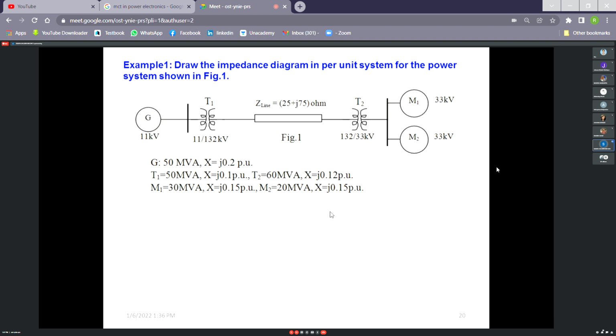We may take 100 MVA, which is none of these. We may take 50 MVA, we may take 60 MVA. Theoretically, the maximum MVA available in the system should be 60 or 100 MVA. Then it would be 100. But if we want to reduce the computation, then we see that for the generator and transformer, two components, it is 50. So if we take 50 MVA, we have no need to calculate for the generator and transformer T1. So in that way, we can take 50 MVA also. Have you understood how you will assume the base MVA?